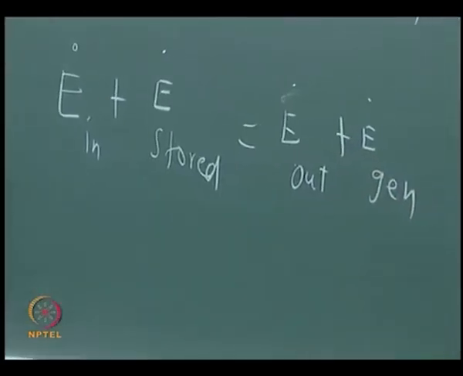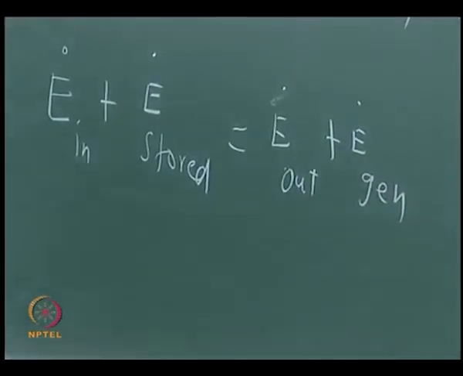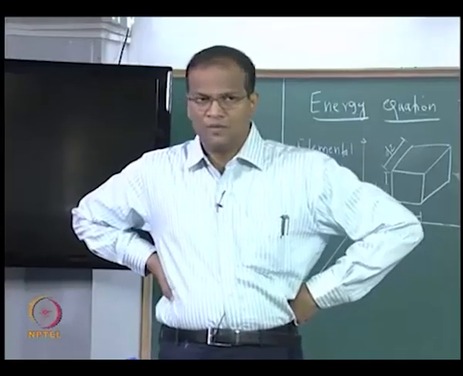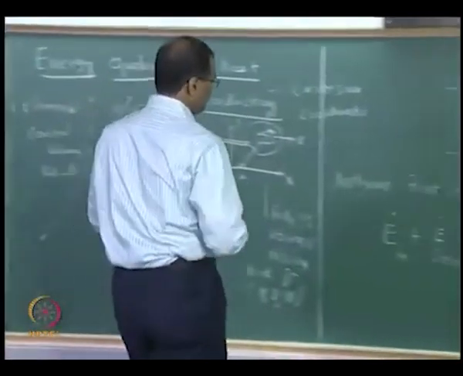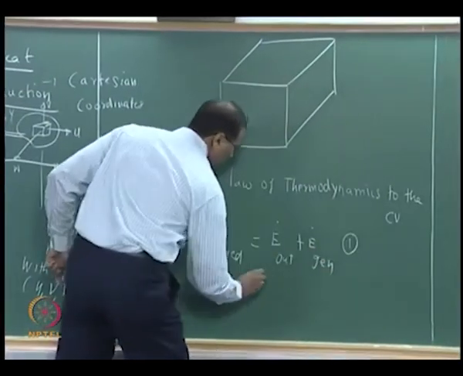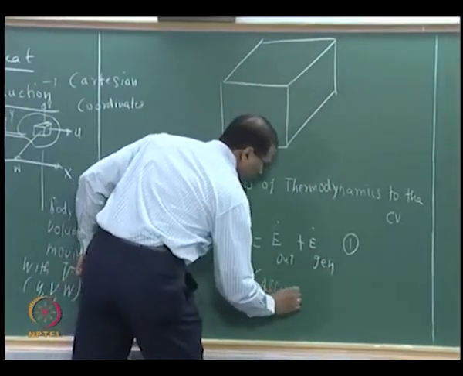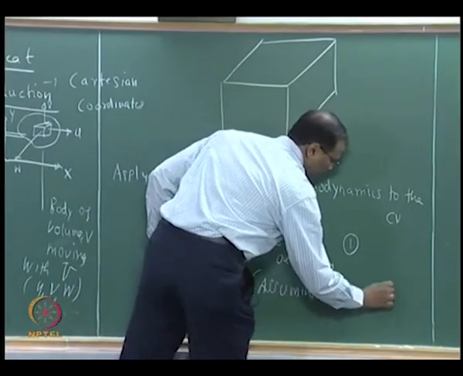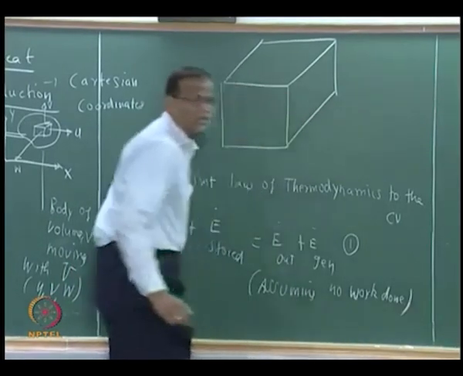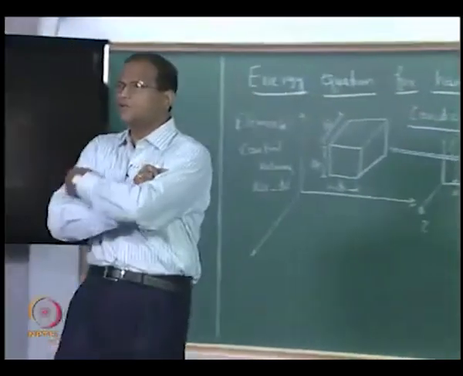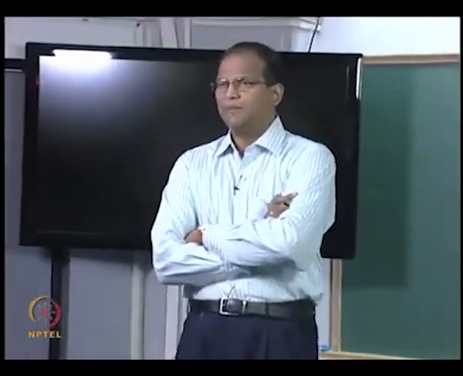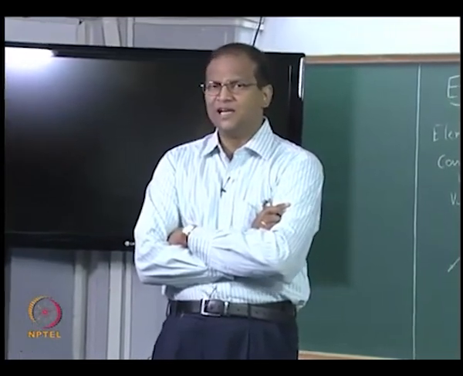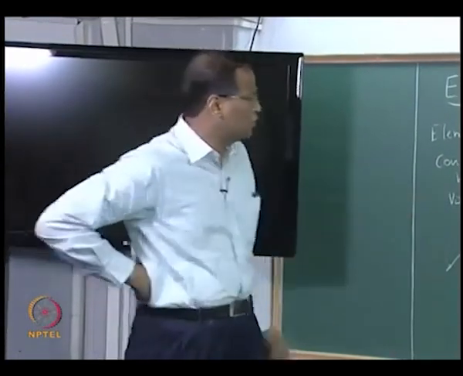Okay, is that correct? Assuming there is no work done across the control volume, otherwise Q minus W is equal to delta E. I am considering only Q and delta E terms. Delta E is the change in the internal energy which is given by E dot stored,